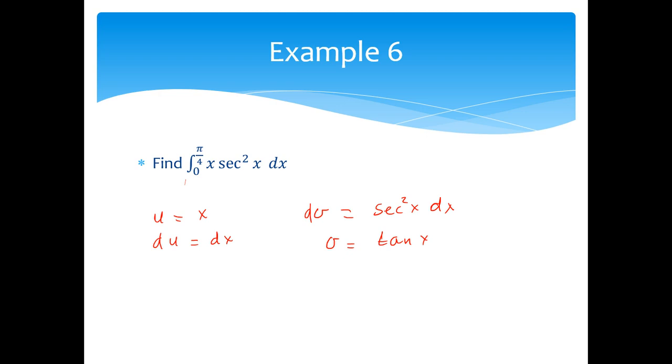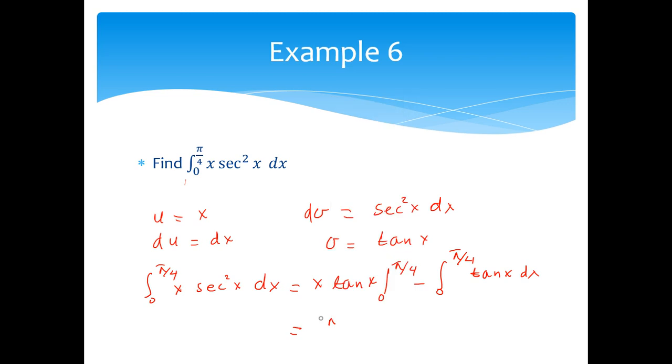So our integration from 0 to pi over 4 of x secant squared of x dx should be equal to x tangent of x, which we evaluate at 0 and pi over 4, minus the integral from 0 to pi over 4 of tangent x dx,